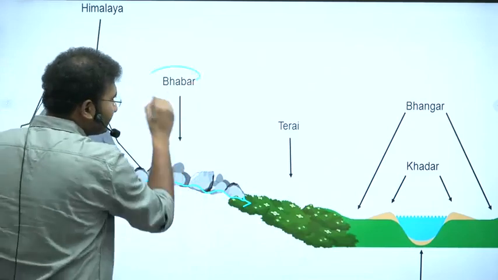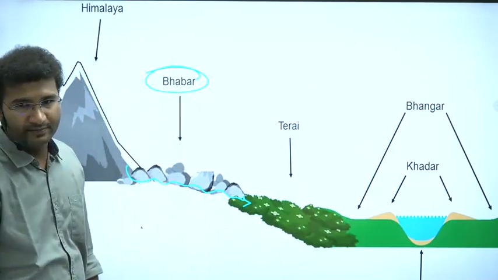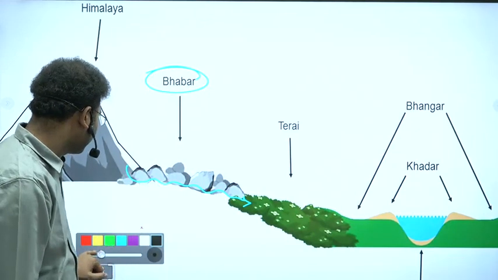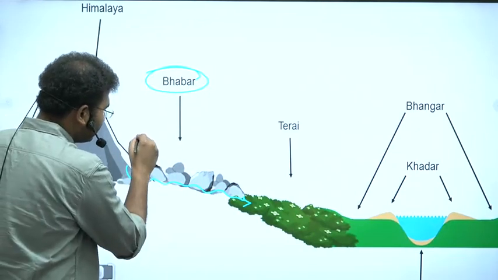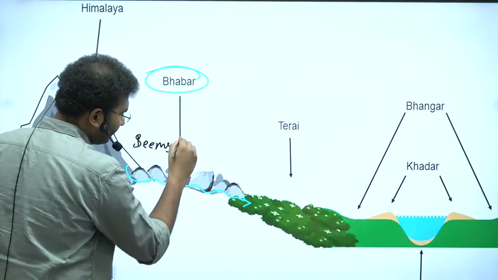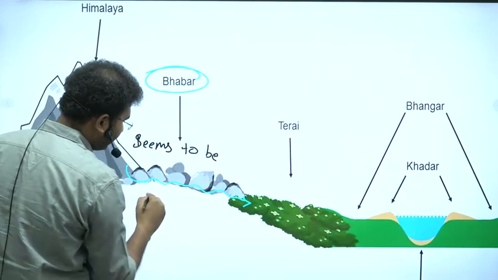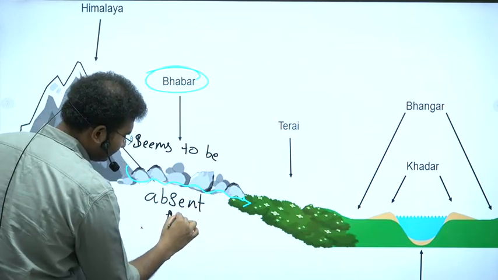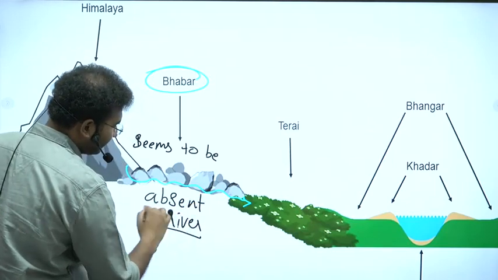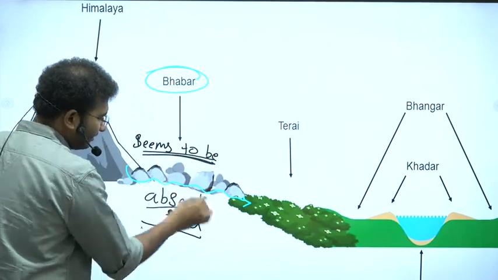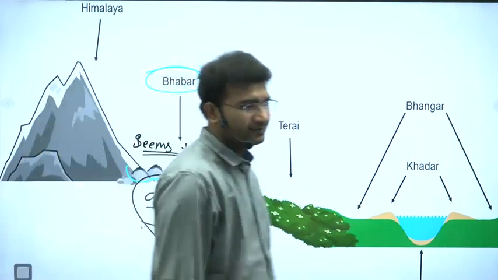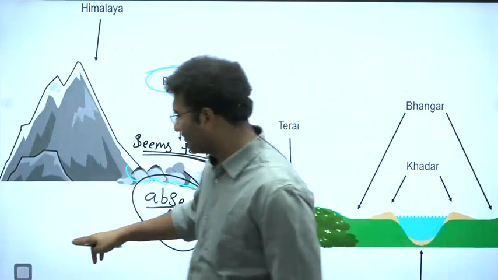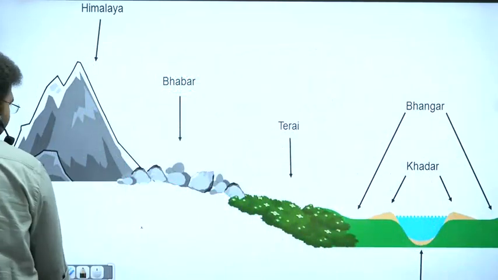So, this region is called Bhabar. B-H-A-B-A-R. Now, this Bhabar seems to have an absent river. It only seems that the river is absent here. Why? Because the river is flowing at a lower height and the size of the boulders is bigger. Now,